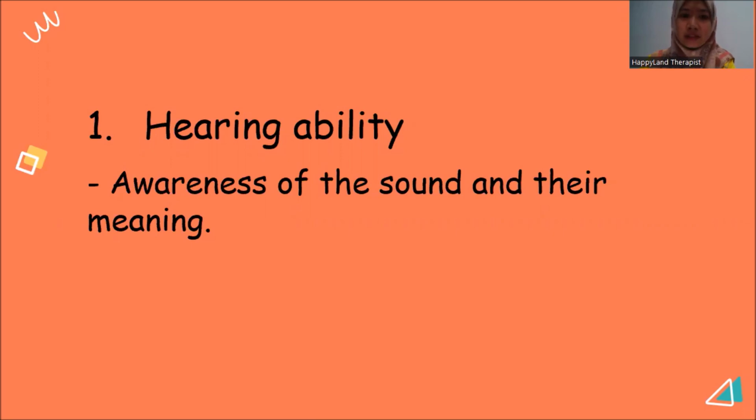Okay, and if you find that your child has difficulty following instruction, it is advisable to go for a hearing test. This test is to identify whether the child's hearing is normal or abnormal. Okay, so if this first prerequisite ability is normal, then we can look into the other prerequisite skills for the ability to follow instruction. Okay, next prerequisite ability is